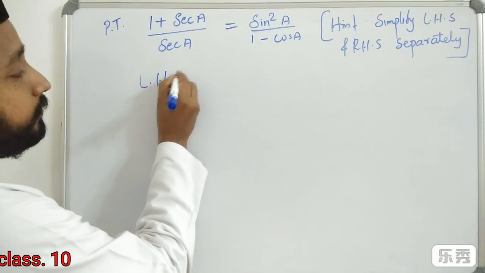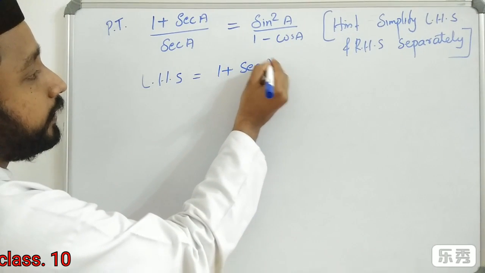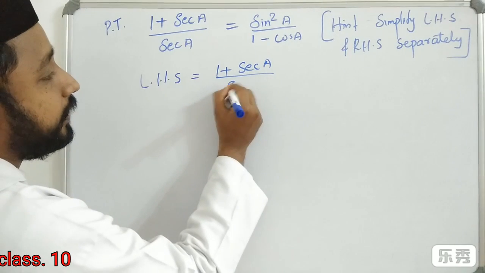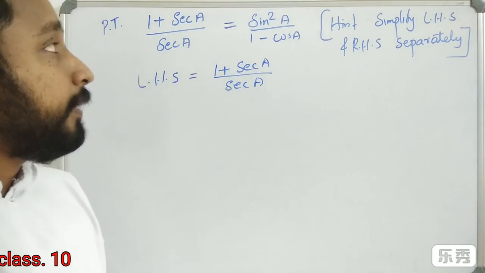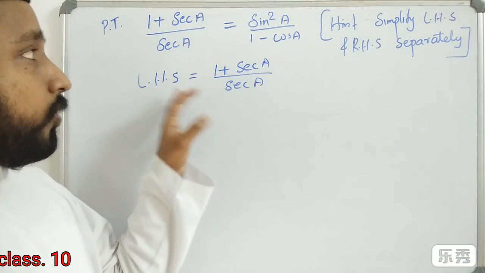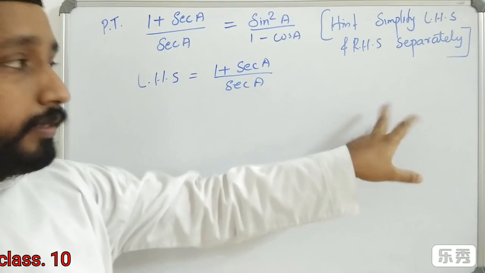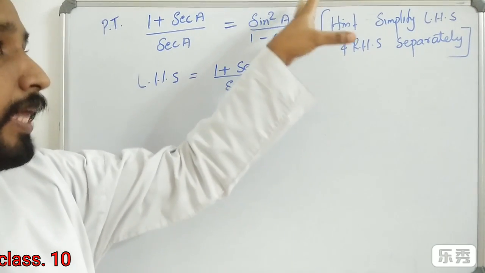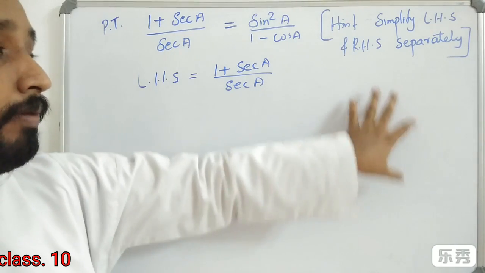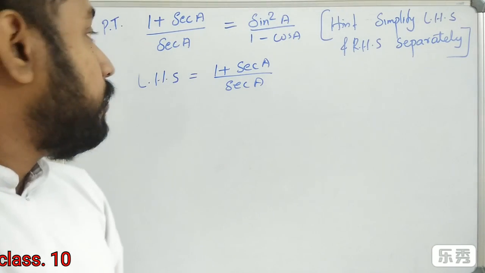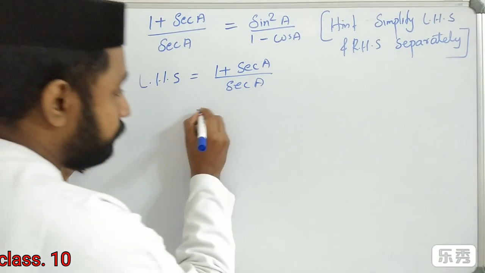LHS, which is equal to 1 plus sec A by sec A. We have to simplify this LHS and we will get a simplified form. And we also take the RHS and we get a simplified form and show that these two simplified forms are equal. So LHS is equal to 1 plus sec A by sec A, which is equal to, I am going